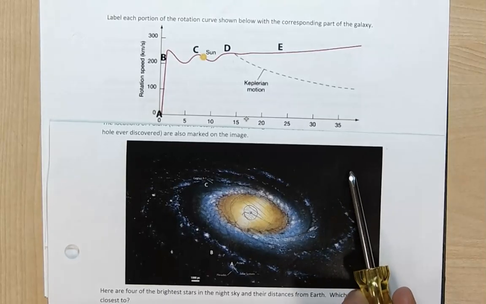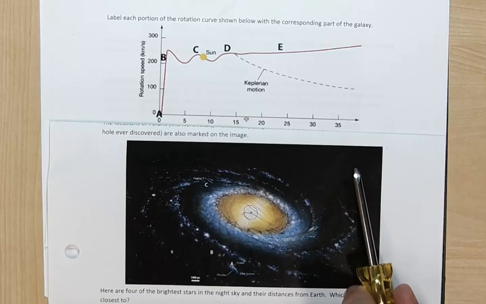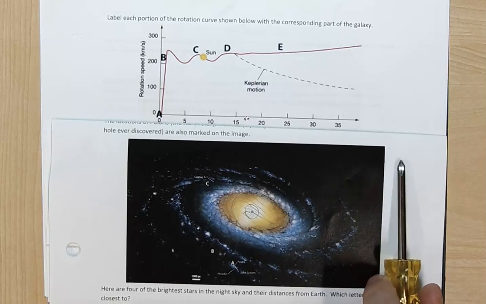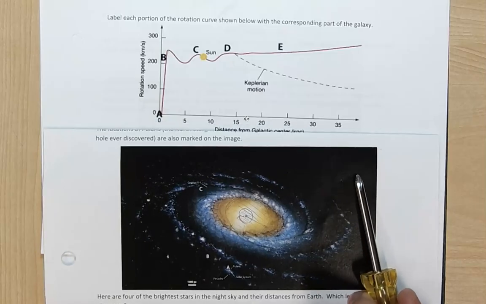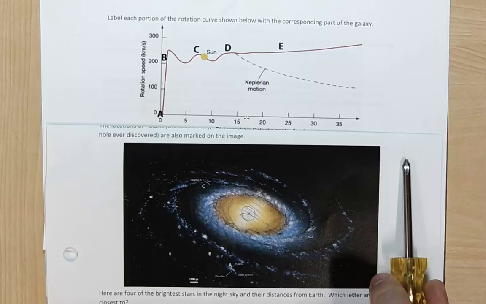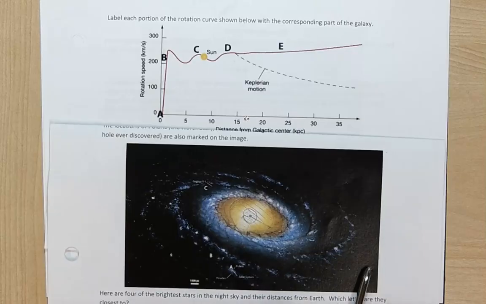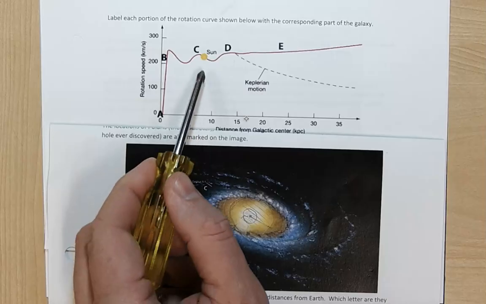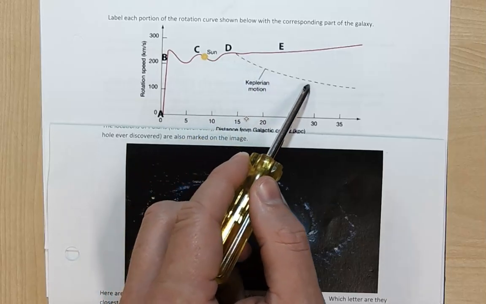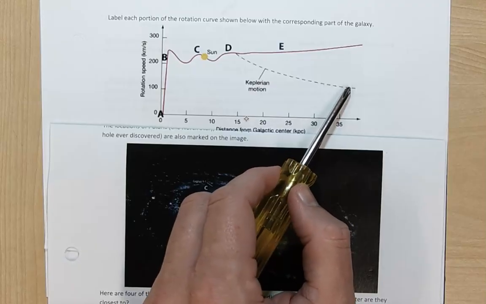But once you get out here, once you get out past the last spiral arm, there are stars out here. Not as many, but there's still some. Out here, you're out beyond the disk of the galaxy, which means as these stars get farther and farther away, there's not much more enclosed mass. You're basically adding up the whole mass of the galaxy at this point, and you're just getting further from it. So that's where the stars should start behaving with Keplerian motion, I should say.